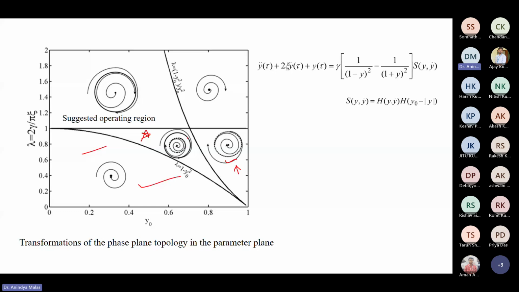So we do not want any system with unstable oscillation. So this is also not desirable. Only the suggested operating region is this one,